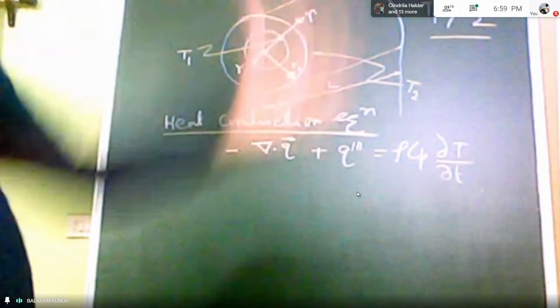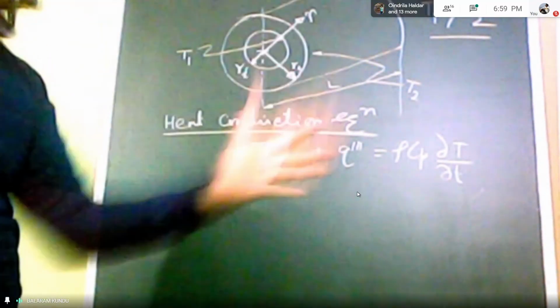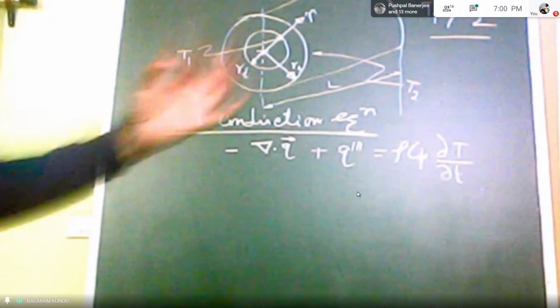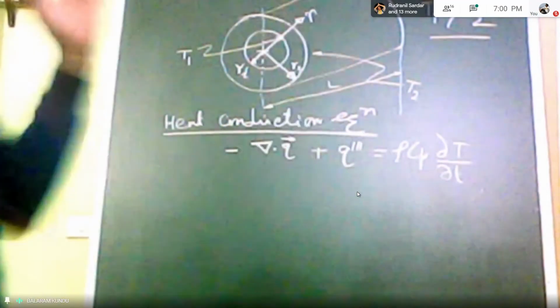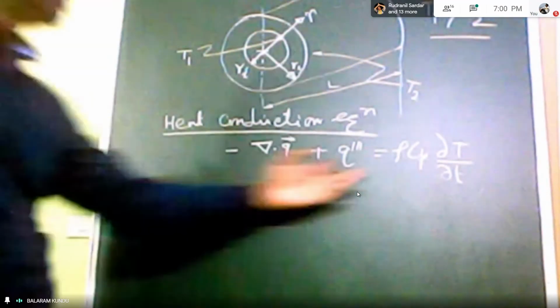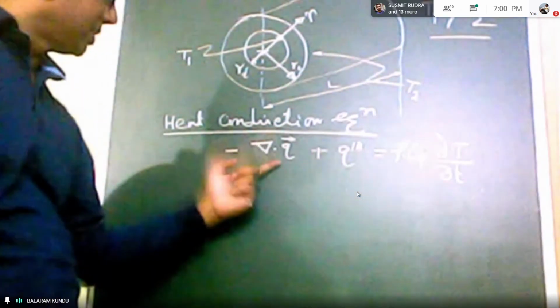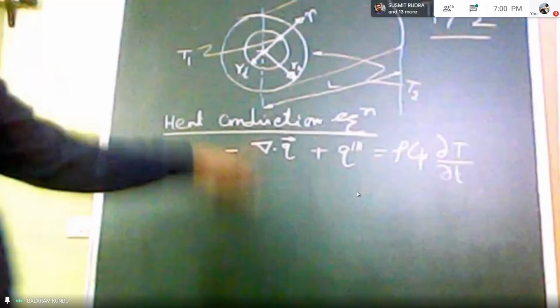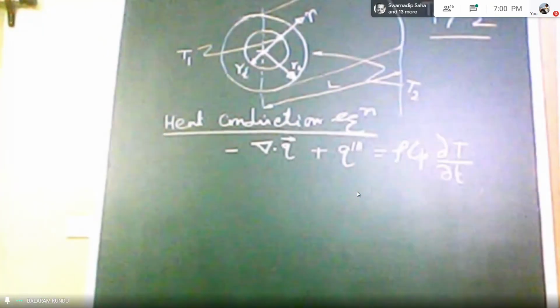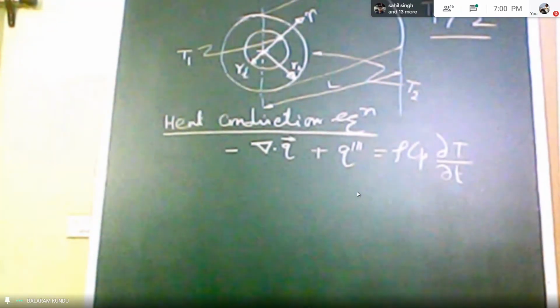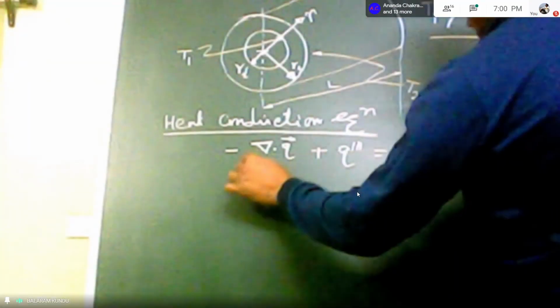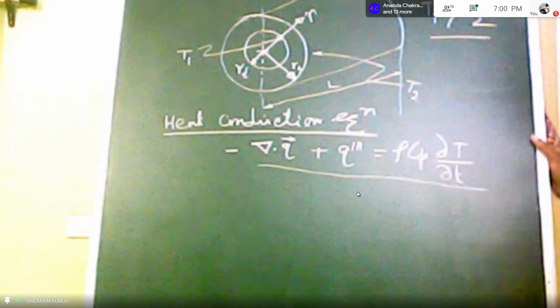To determine the heat transfer rate analytically, or theoretically, it is necessary to establish the temperature distribution. And the temperature distribution is only possible after solving the heat conduction equation. In this equation, the temperature term is there. If we solve this equation, then we can get the temperature distribution. After knowing the temperature distribution, we can apply Fourier's law of heat conduction to determine the heat transfer rate. So first we have to write this expression in the cylindrical polar coordinate system.